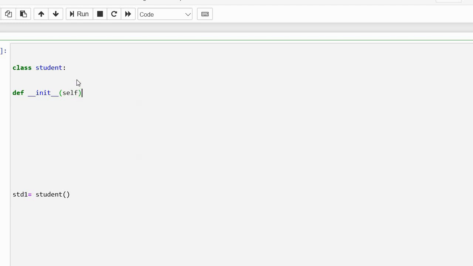That is the method for the constructor. After that, suppose you want to pass any variable to this constructor, then you can give it after that. For example, any name, student name for example. Then if you want to access this, you have to give self dot name equal to the name of the variable which you are passing.